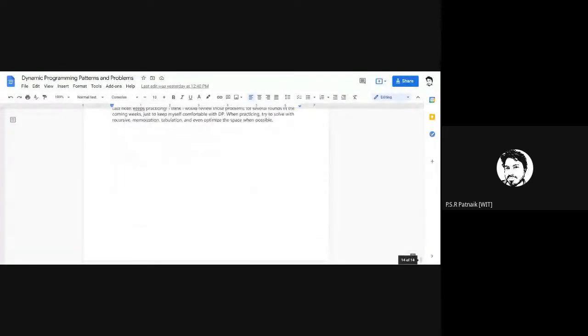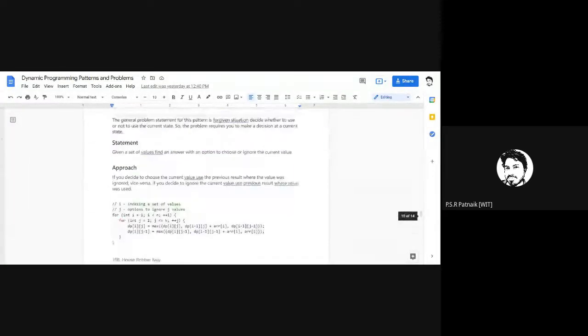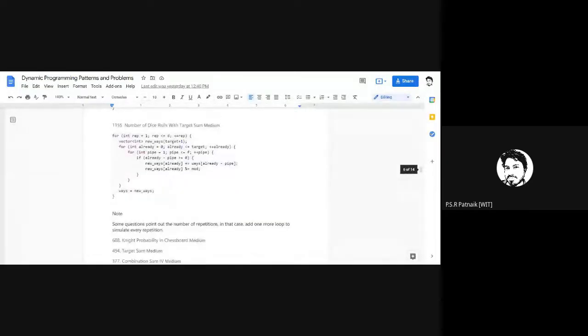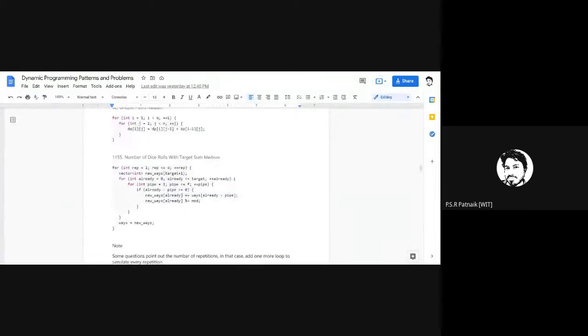You might encounter a C++ solution, you might encounter a Java solution, you might encounter some different language. Try to convert that into your own language. Practice according to these problems. You will definitely find improvement in your dynamic programming ability. Go through all these problems. You will definitely find betterment in your approach.